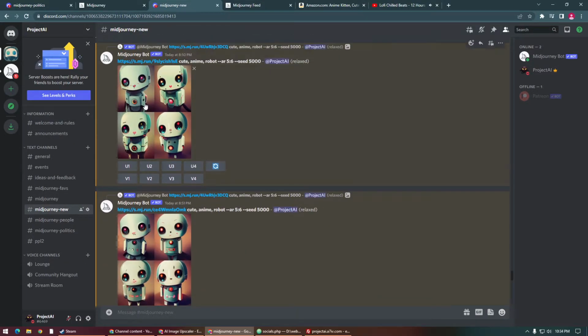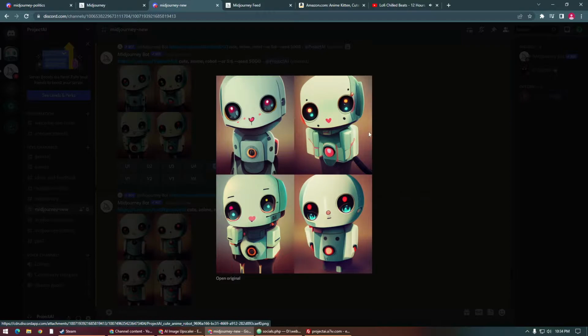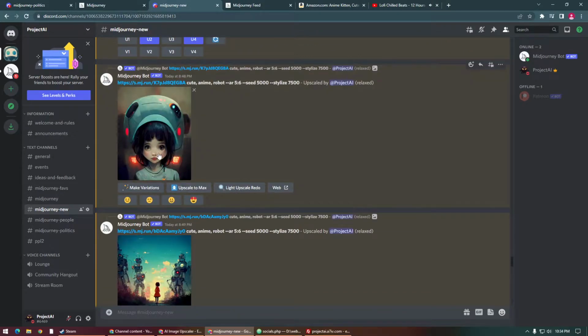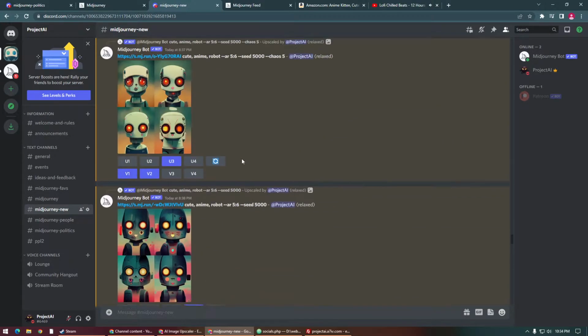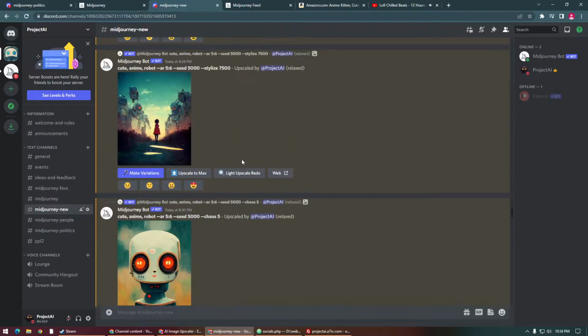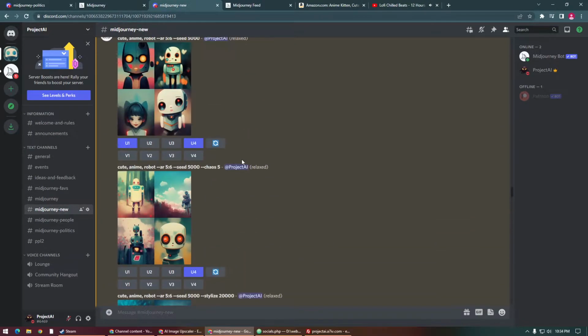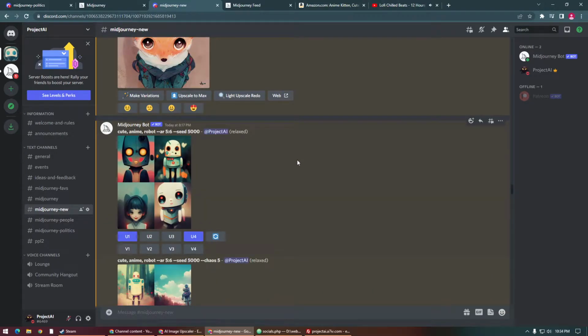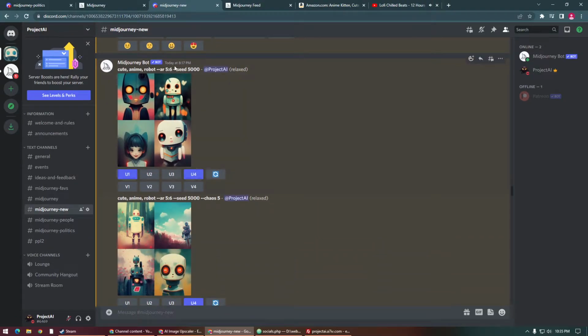I like this little robot that it gave. The little head tilt is kind of cool. That one I like a lot. For very little input, it can create pretty cool things. So before this, I was playing with a fox. All right, so yeah, cute anime robot is where I started, with it having a slightly vertical aspect ratio